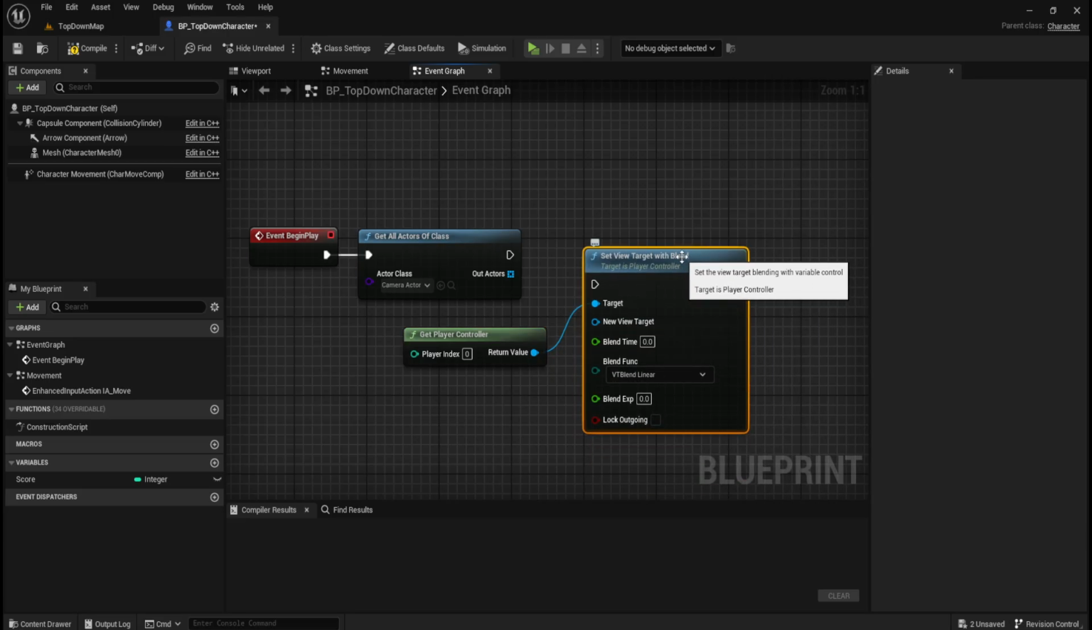This is the thing I found that's helping me with this. I wasn't able to get this set view target with blend dragging off of the output node from event begin play. That was the bloody problem. Right. From the output node, drag off a wire and search click to add that node. Now you need to connect the event begin play node to the